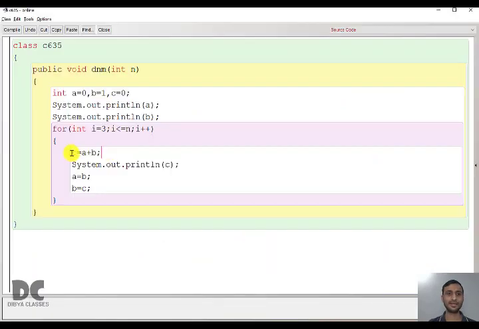So in this, the variable c is used to create the third digit. And a and b are the previous two digits. And every time you have to shift. Means if you are printing the first two, the next time you have to take the second and third. And next time third and fourth. And next time fourth and fifth. We are doing the shifting like this. a equal to b means b value becomes a and c value becomes b. So this is the program to print first n Fibonacci numbers.